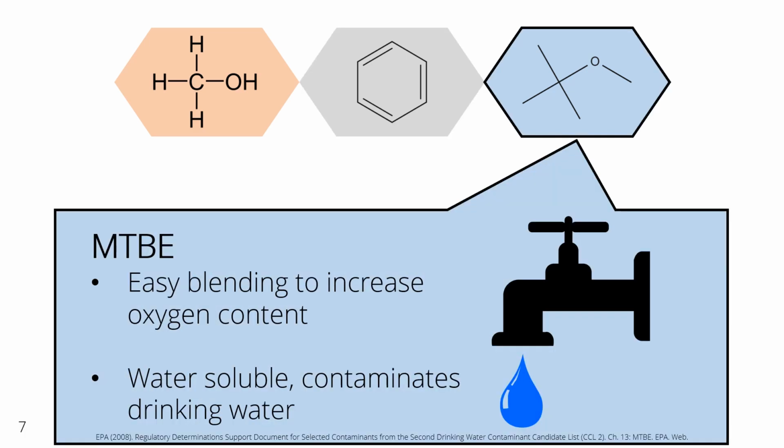A third example is one that's maybe not used so much here in the U.S. anymore. We do see it from samples outside of the country, but that would be MTBE, or methyl tert butyl ether. The reason this was used historically is because when you're wanting to increase the oxygenate content of your gas,